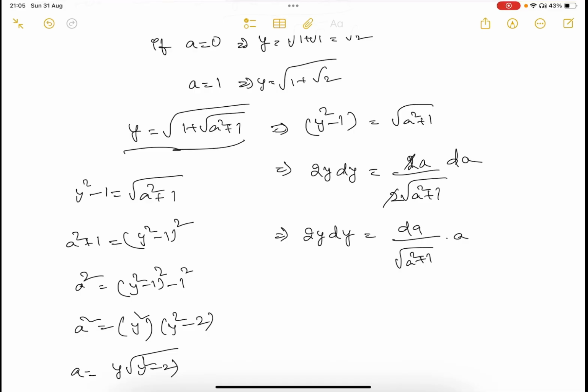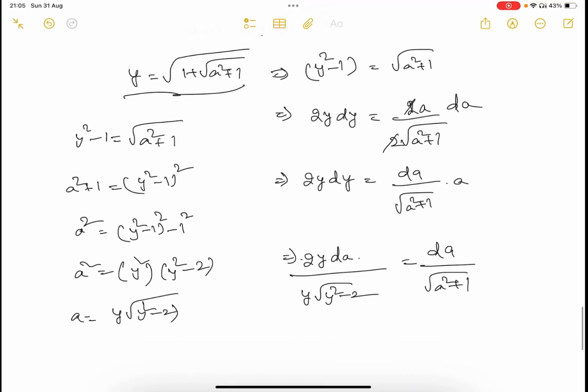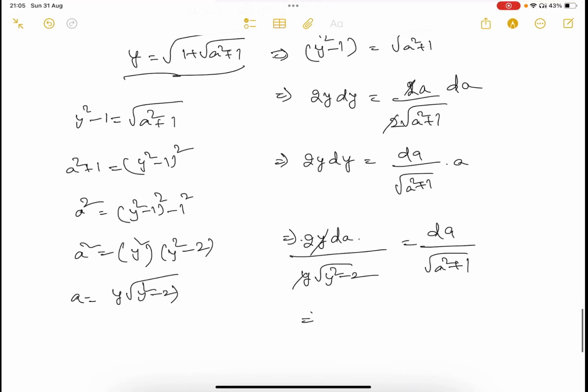Then this is 2y dy into this will be 1 by pi, right? y into root y square minus 2 is dA by root a square plus 1. This y will get cancelled. So finally, sorry, here it's dy, right? Then this is 2a dA by root a square plus 1 is 2 into dy by root y square